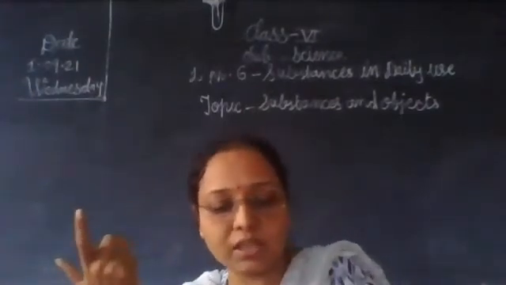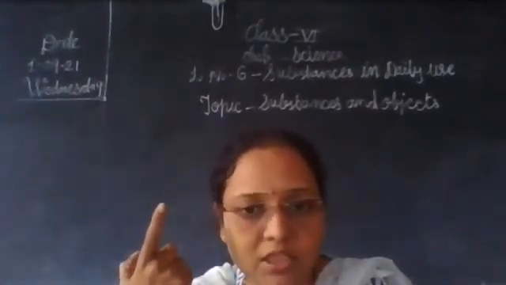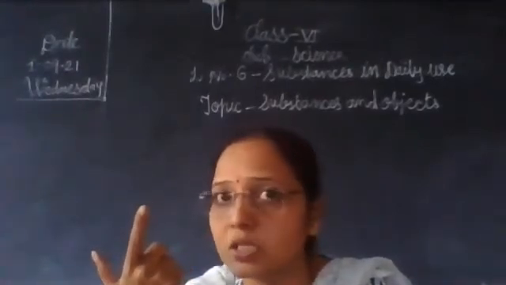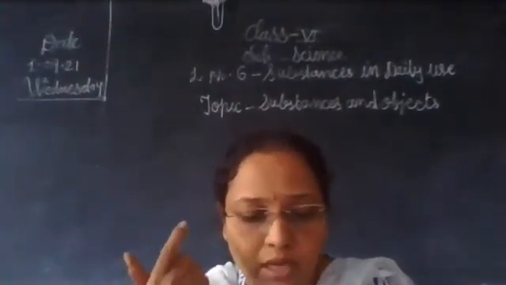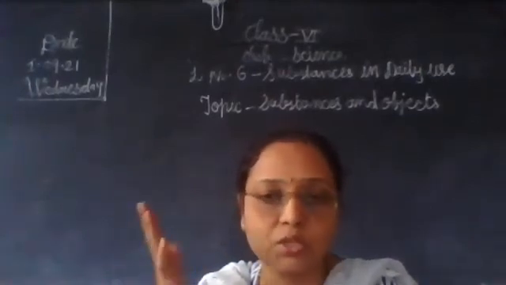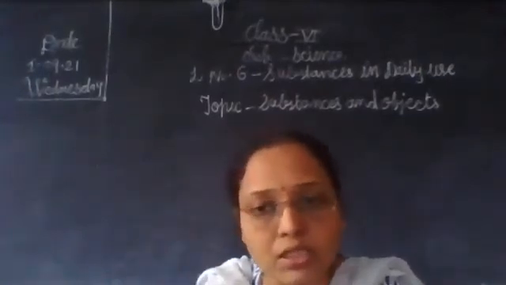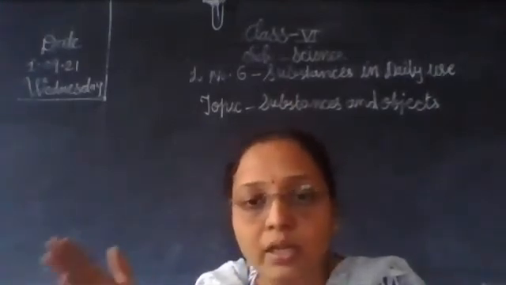जैसे कि हमें living thing से क्या मिलता है? We get honey from living things. Honey is a natural substance. Honey bees give us this substance. Then wood we get naturally, that is from the plant. So they are biotic substances. जो हमें living things से obtained होते हैं, those are also natural substances, but they are